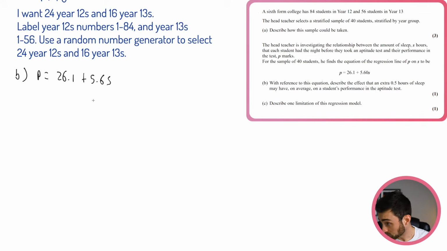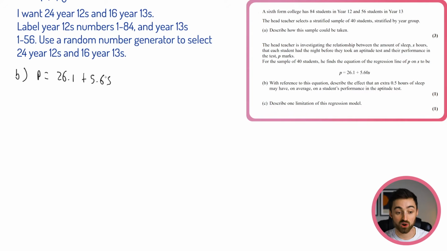So essentially, it says, describe the effect that an extra 0.5 hours of sleep may have. So this is the bit with an S, isn't it? So if I increase S by 1, what's going to happen to this? Imagine S equals 0, I'd have 26.1. S equals 1, I'd have 26.1 plus 5.6. S equals 2, plus 2 lots of 5.6. So it looks like for every hour that I add on sleep, I get an extra 5.6 marks in this